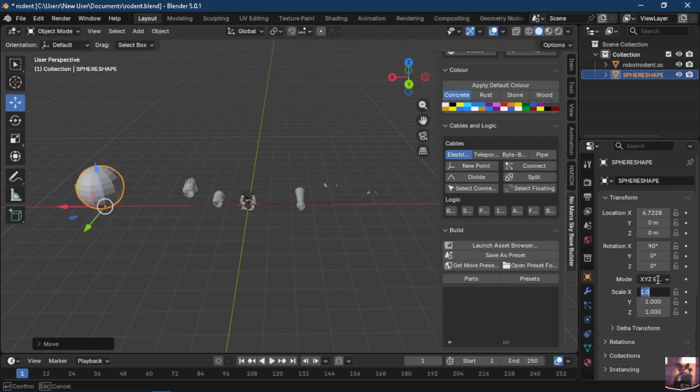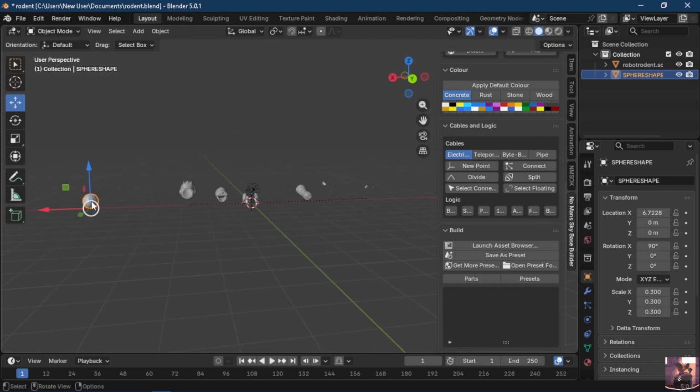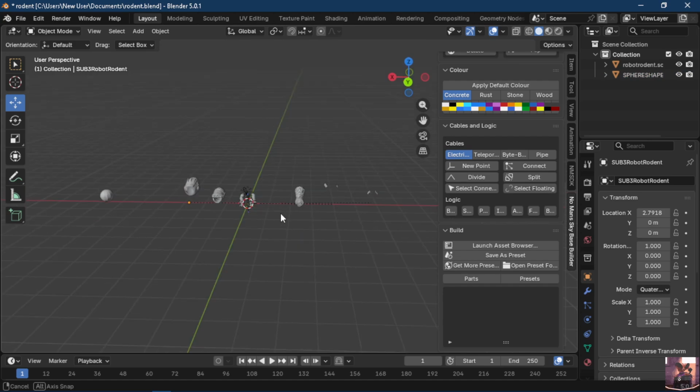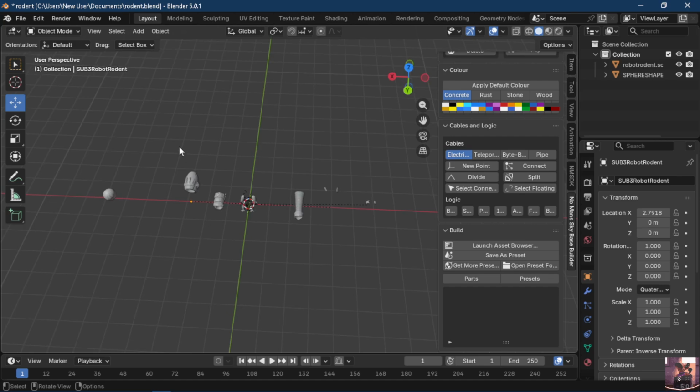And I just changed this to usually 0.1, sometimes 0.2. But for the purpose of this, I'm going to be putting it to 0.03, or let's just go 0.3 so we can still see it, because we're going to want to select it later. But I like to keep it roughly close to a smaller size to what I'm going to be working with. So once we have our sphere in with all the other objects, we're going to go through each object